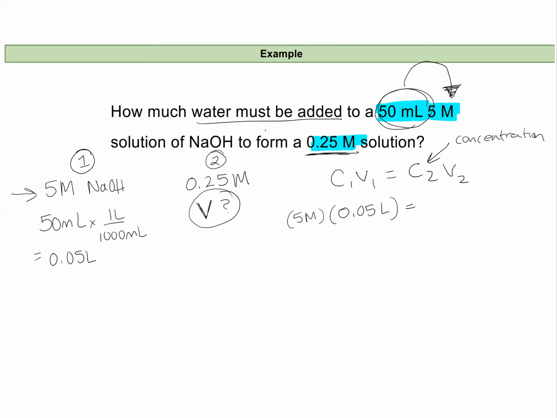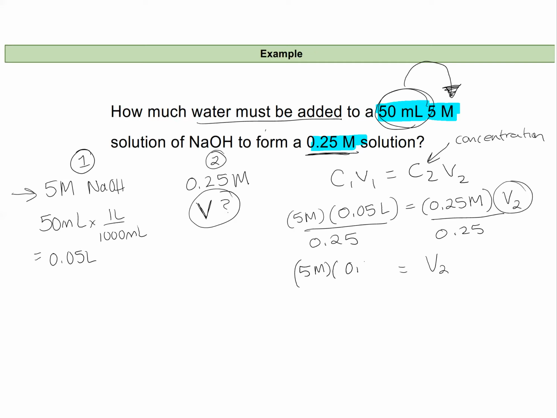Now I'm going to add water until I'm at a new concentration of 0.25 molar. And I don't know what my volume will be. That's what I need to find out. So I'm going to divide both sides by 0.25 to isolate my volume. So that volume 2 equals 5 molar times 0.05 liters divided by 0.25 molar,